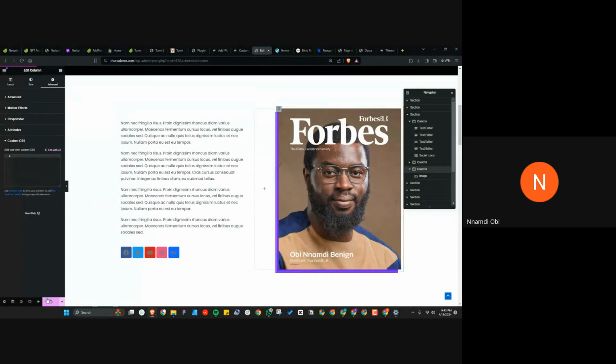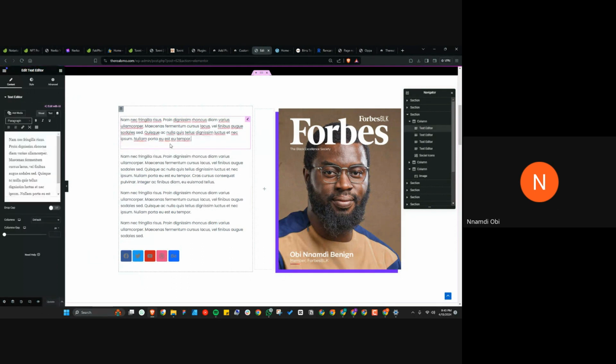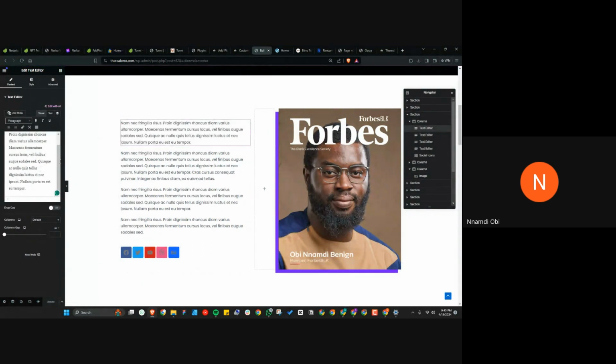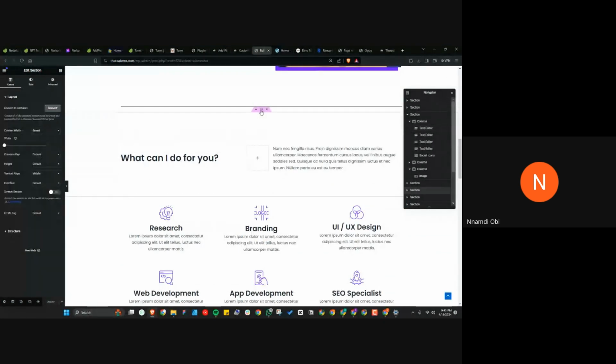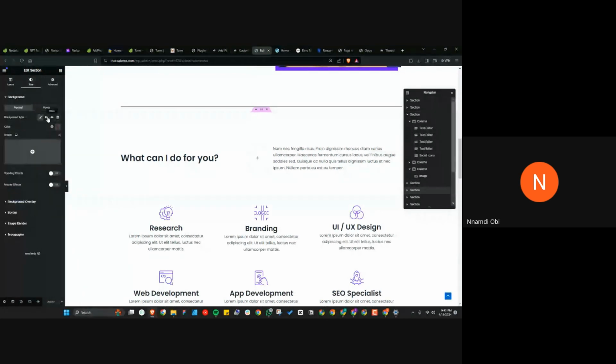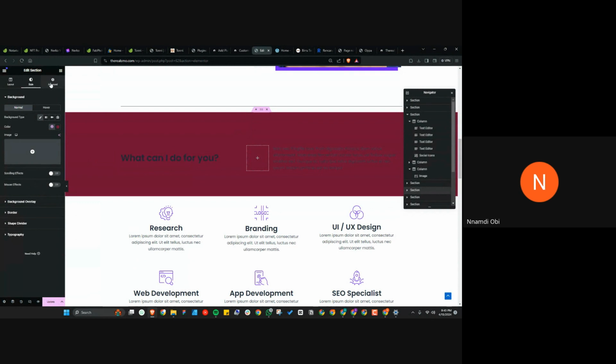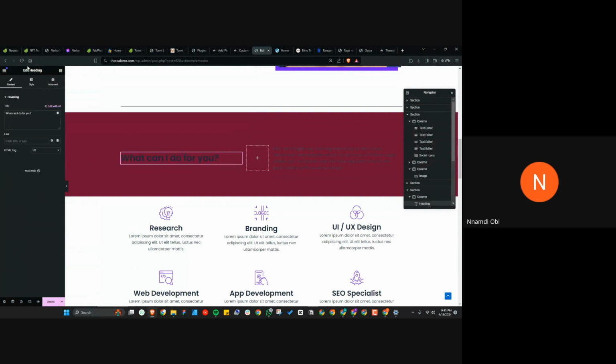So, but yeah, you can add your text, whatever text you want to add here. We're not going to add any text here. So what can I do for you? Let me see if I can make this section. This is a different section. I want to make this section my color. Right. I'm going to change the text